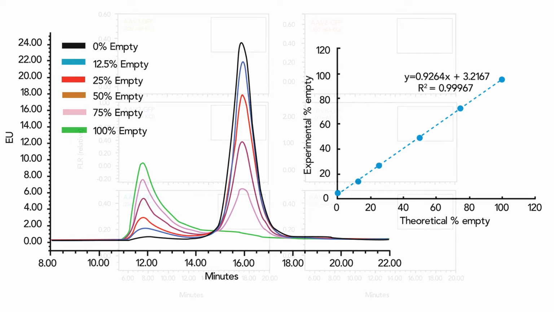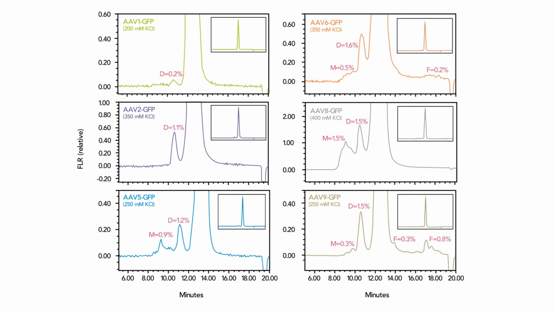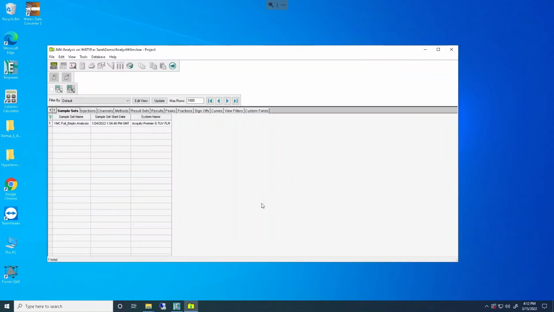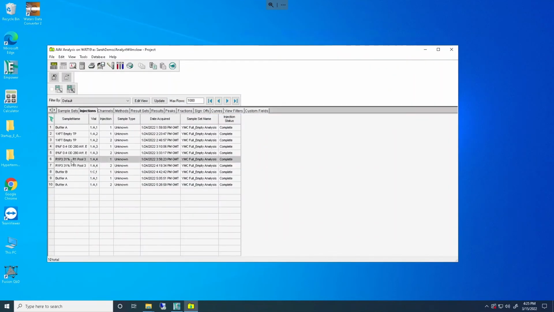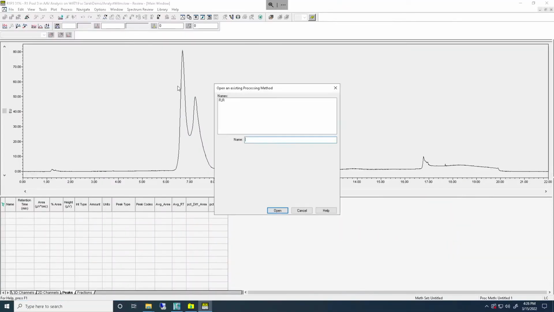In addition to that, we have size exclusion chromatography for the characterization and aggregation assessment of our compounds, allowing us to perform stability studies as well as release testing of AAV compounds. So all our LCs are coupled to an mPower network, which we find such ease of data transfer and sharing, and also it's a powerful tool for analytics, and it basically makes it the fastest way to produce our results to the customer. Using the Waters UPLC and the great service that comes with it, we minimize the downtime of our instruments, as well as allowing us to perform critical analysis with low sample volumes without risk of malfunction.